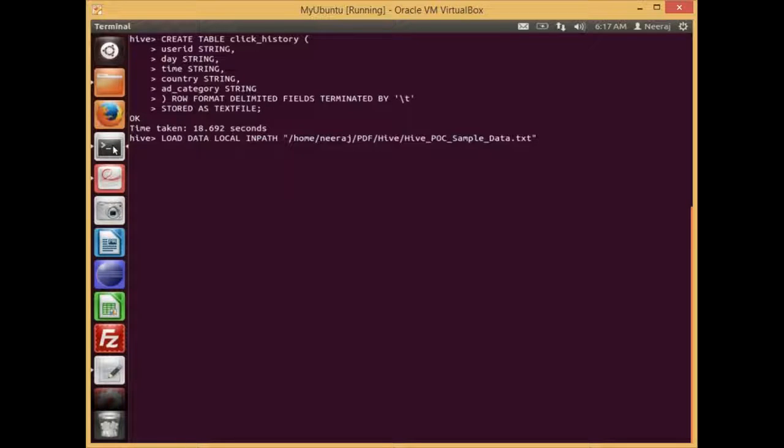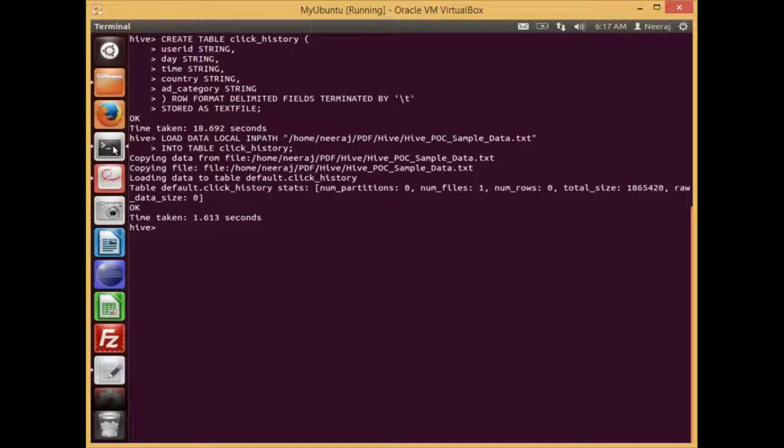This is the complete path of my input file. Now I would say into table click_history, semicolon, enter. This way the content of the file, 50,000 rows, will be loaded